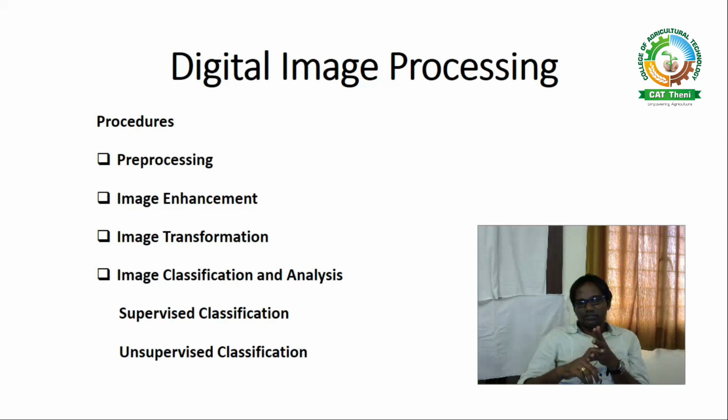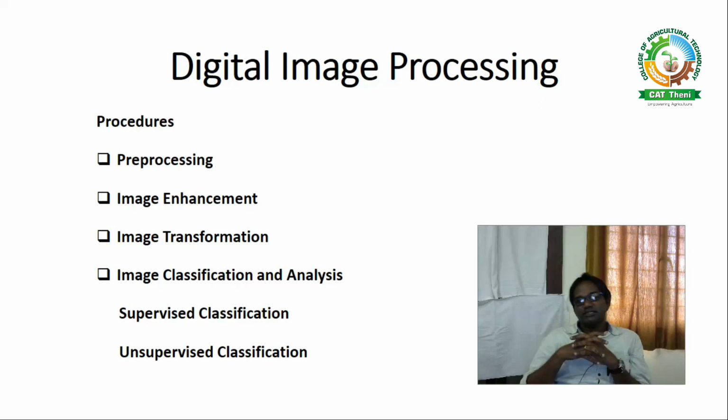Then we come to the third procedure, image transformation. Image transformation follows certain arithmetic calculations such as addition, subtraction, division, multiplication that we have to do. The technician can do that image transformation process. So image transformation involves combination and transformation of the original bands into a new image. If we get an image, that image can be improved, and that improved image will be changed into a new image. That is called image transformation. Then only can we write a clear-cut interpretation for the users. That's why we have to do image transformation.